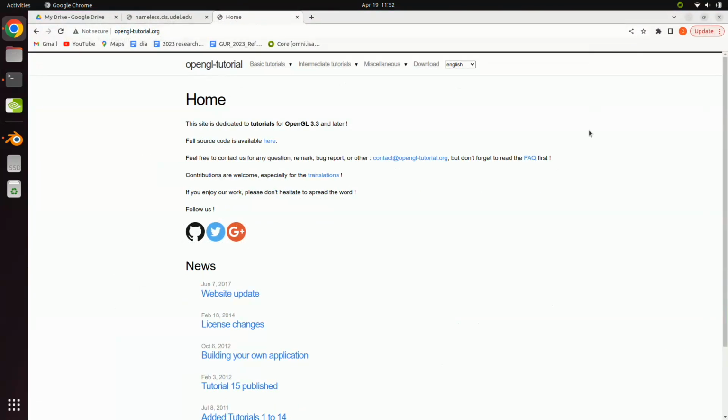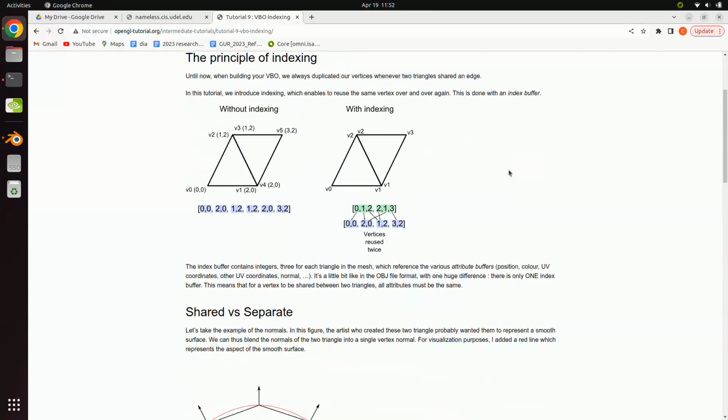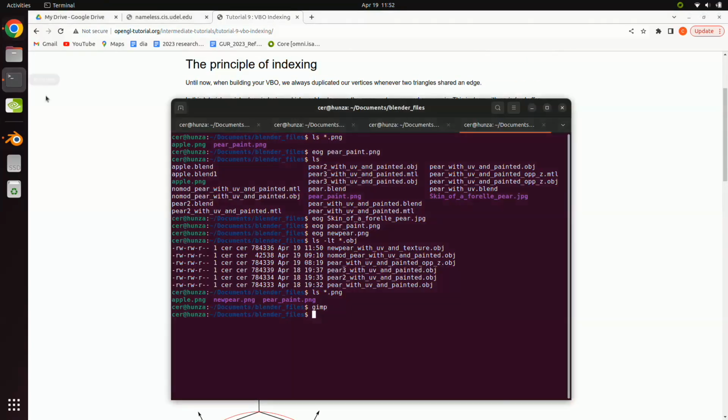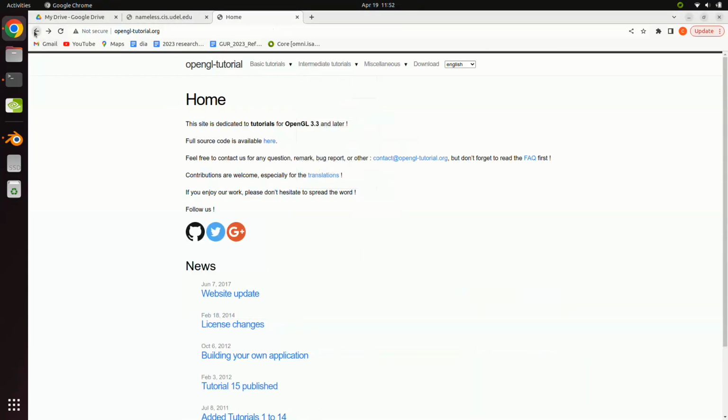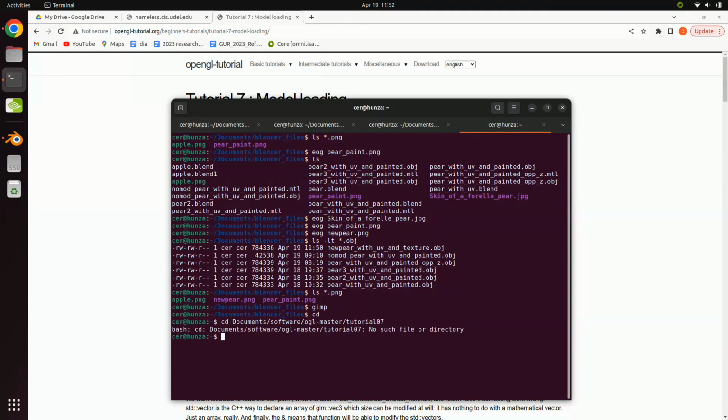What you could base this on is tutorial number 9, which doesn't seem relevant, EBO indexing. Wait a second, I lied. That was a flat out lie. Tutorial 7, which does sound relevant, model loading. Sorry. Go to tutorial 7